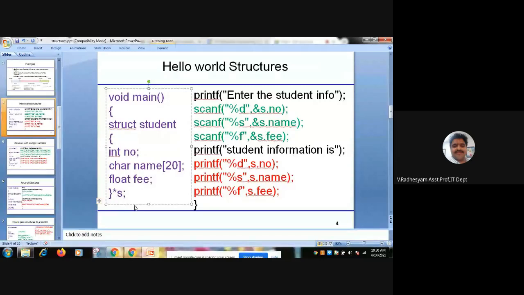We can take a pointer variable to represent the structure data. If you consider a pointer variable, you should not use the dot operator. You have to use the arrow operator.